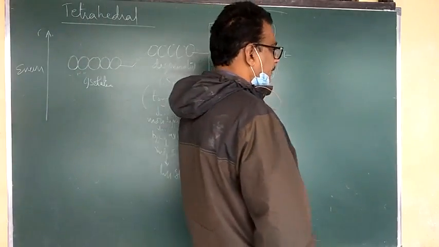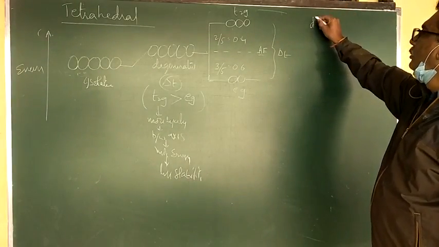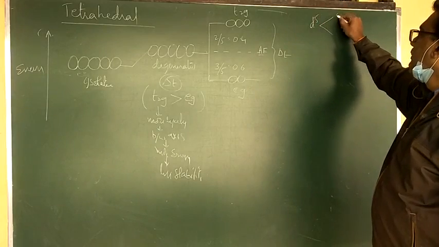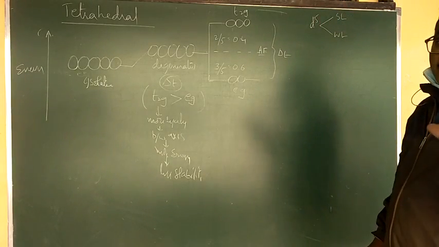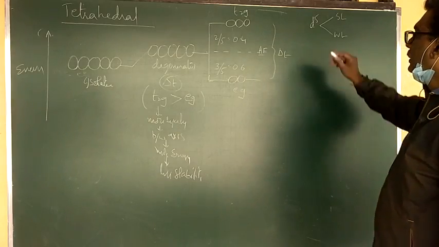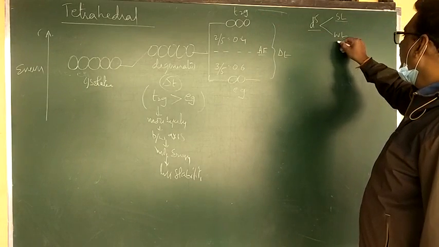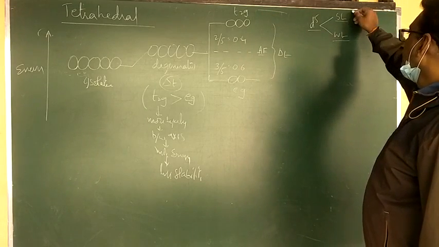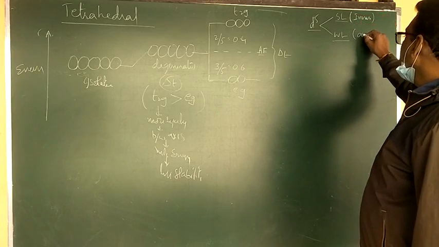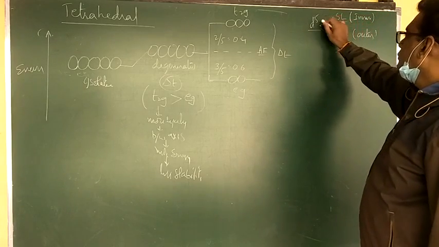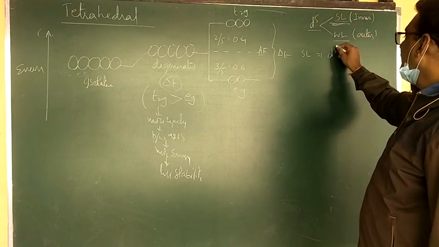Now I am taking some examples. Suppose, for example, a d5 system. First strong ligand, second weak ligand. This is a very important calculation part. In a d5 system in tetrahedral complexes, one is called strong ligand, the second weak ligand. Strong ligand means inner complex, weak ligand means outer complex. So first I take the strong ligand case. Here d5 is there.